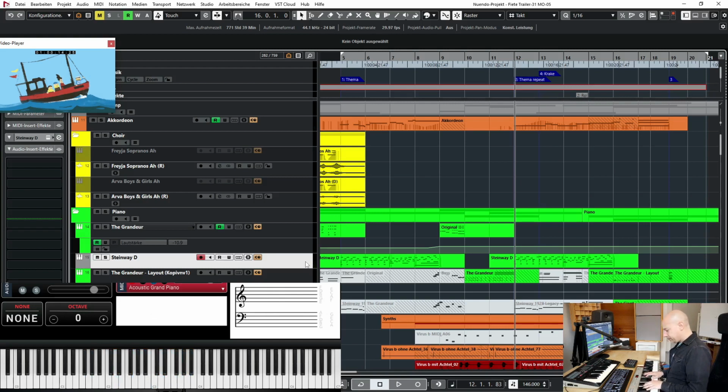So I've chosen G minor 7, or let's say another thing. Let's say we can say a B flat, and here we've got the G at the bass. B flat, and we've got D in the bass. A flat with C at the bass. Now we've got D flat, the A flat in the bass, and now